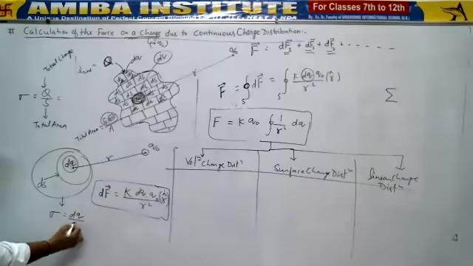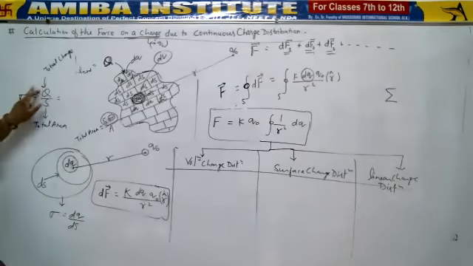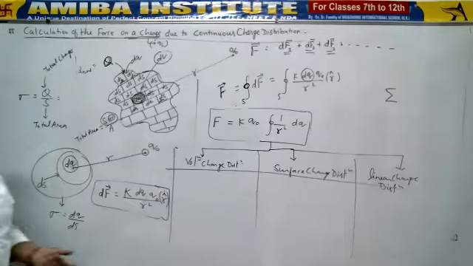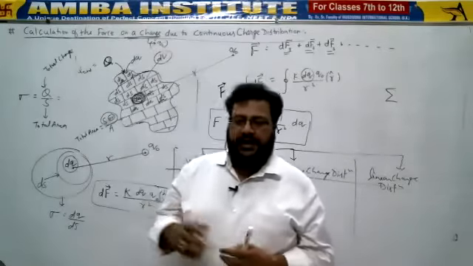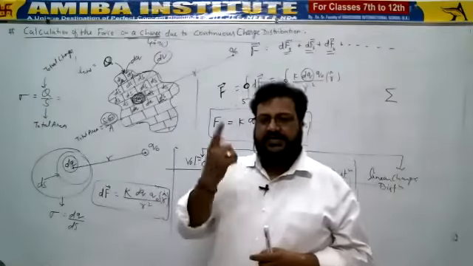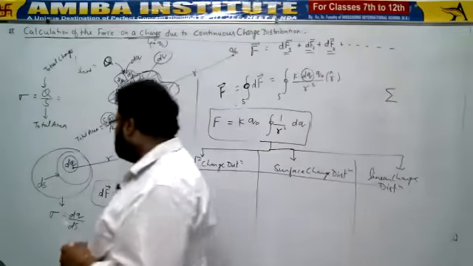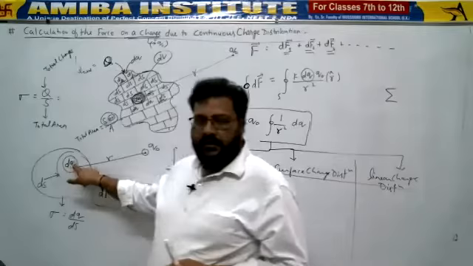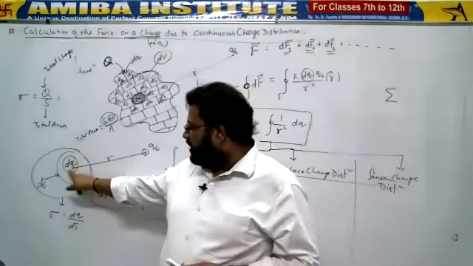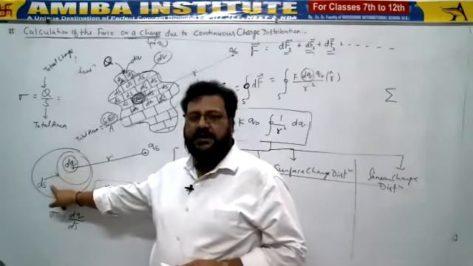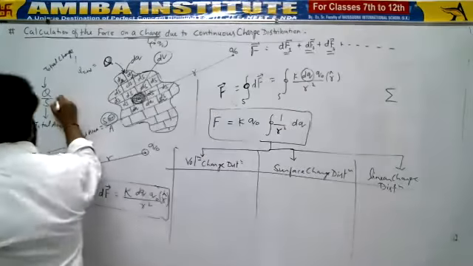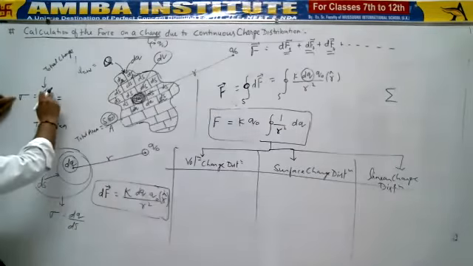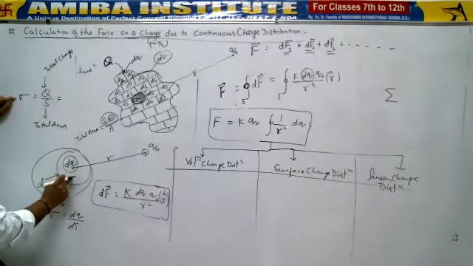dq by ds. The answer will be the same for q by s and dq by ds. Same or no? Yes. Total charge 100, total area 10 meter square. The answer will be 10 coulomb per meter square. This is 10 coulomb upon 1 meter square. The answer is again the same. So for a continuous charge distribution, whether it is q upon s,